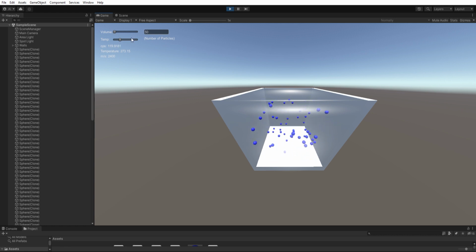And if I increase the number of particles, the collisions per second will also increase. And once I set that back to its original value, 50 particles, and adjust the temperature to be increased,